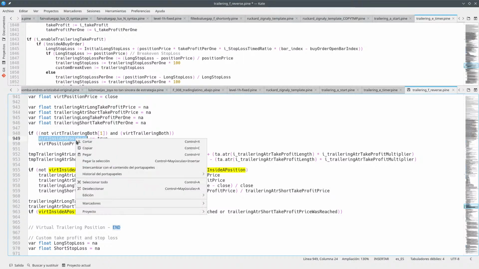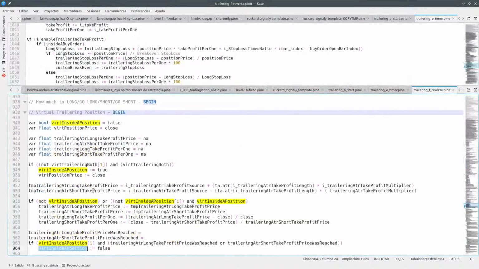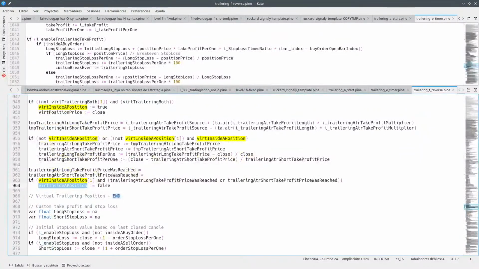So we say that the position is false. In such a way, some calculations are not done at all. So if you were in a position, the last candle,